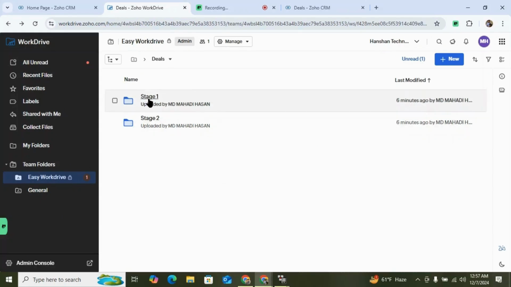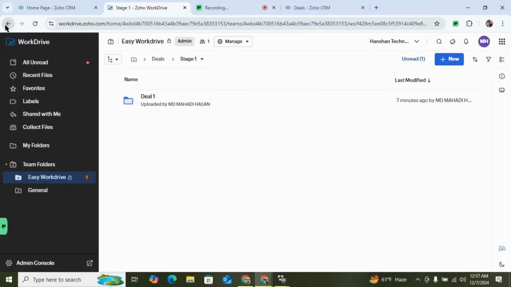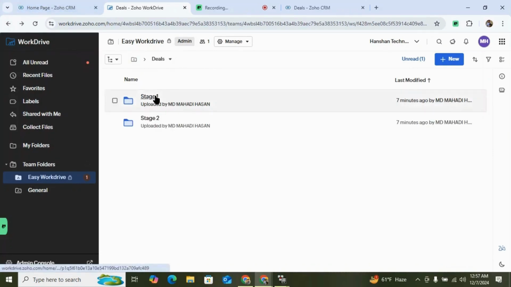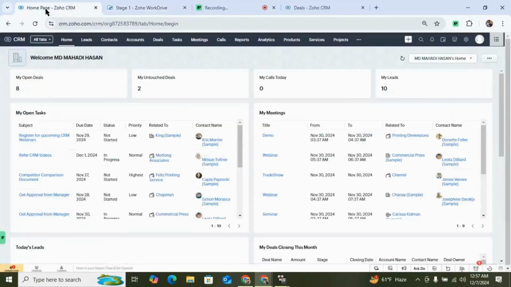So if the deal is in a certain stage, then a stage folder will be created. And then inside that, we will have the deal folder. And if the stage changes from one stage to another, then the deal should be moved from the previous stage to the new stage folder. So to do that, let's go to the marketplace